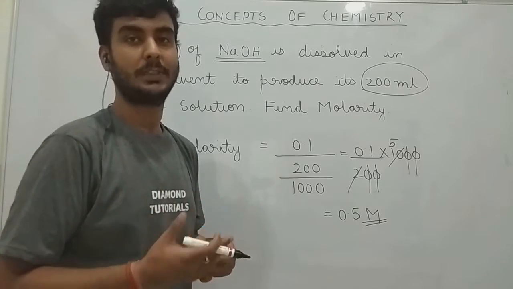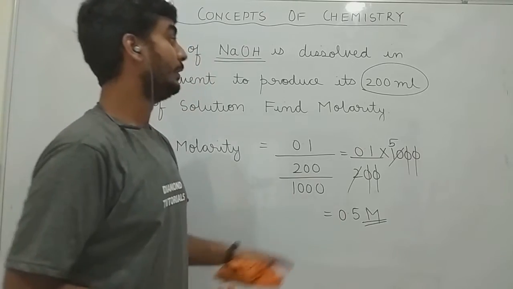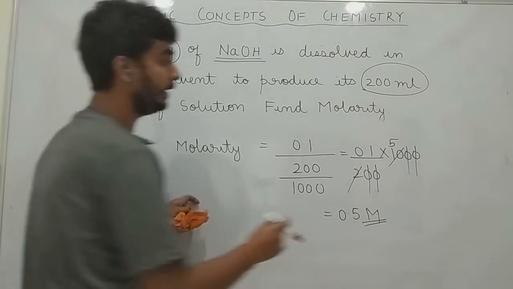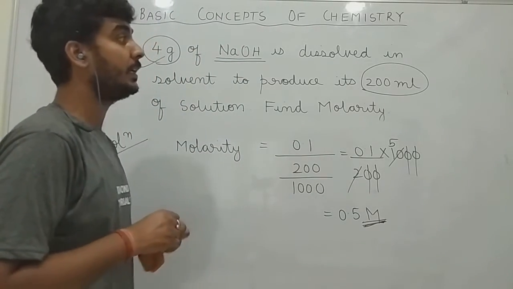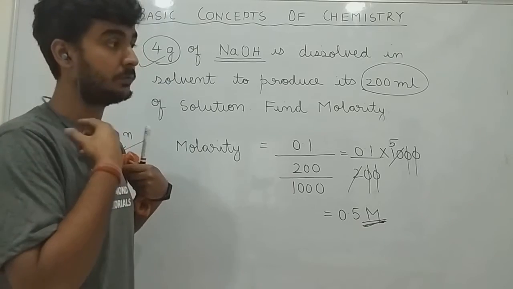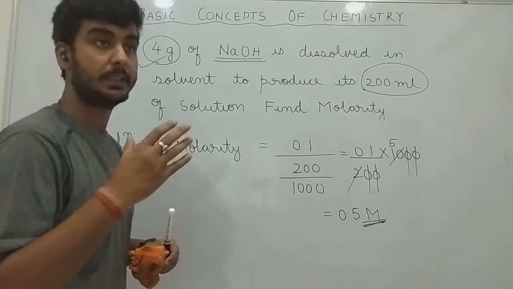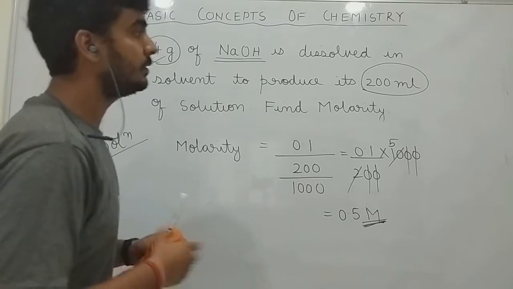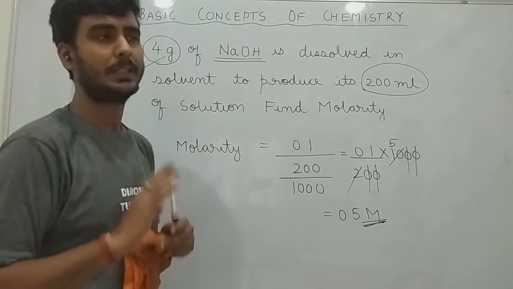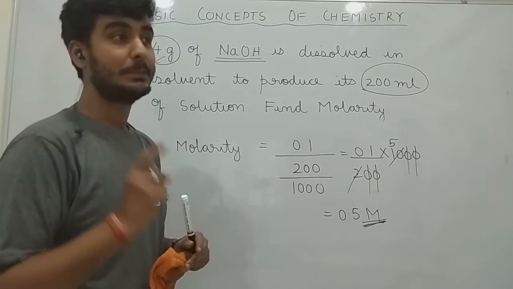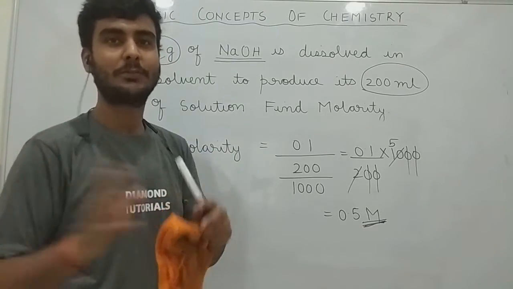What does it denote? कि कुछ नहीं बताता है आपको. 0.5 watt, 0.5 meter, kilometer. So whenever you are denoting the molarity, never forget to write this capital M. Always remember, make it a habit to write the units in case of either physics, chemistry, anything, because if you forget the unit, marks will be deducted in a school examination, and in entrances you are provided the options, so there you will not forget. But sometimes there are some objective questions which will play with units only, units of some quantity.